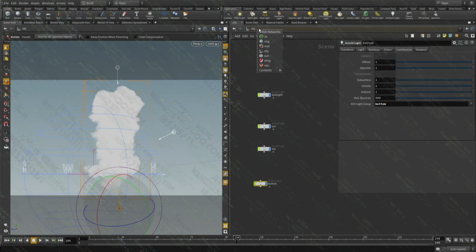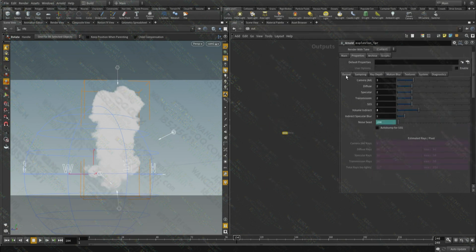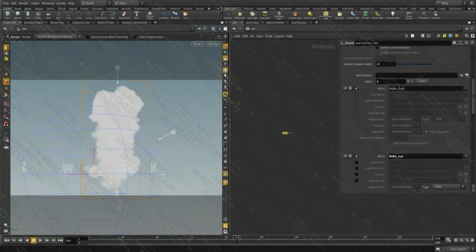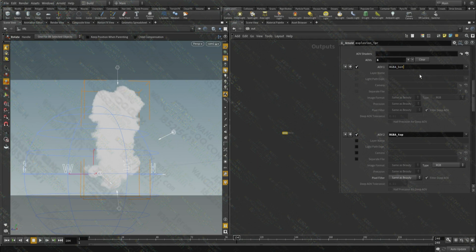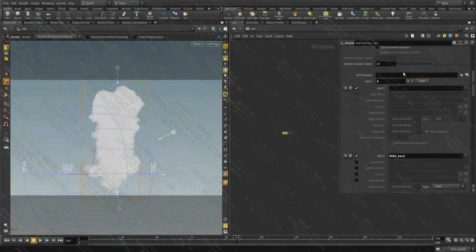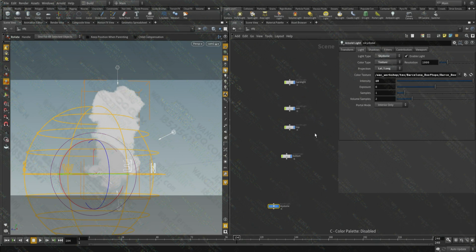And let's go to the render view. Sorry, the out context. I'm going to create AOVs for these guys. So that's good. Sun. And then I'm going to add the IMV as well, even though we didn't initialize it. We'll do that. Let's go back here. Let's give this a different color, and this a different color, so we know at least.